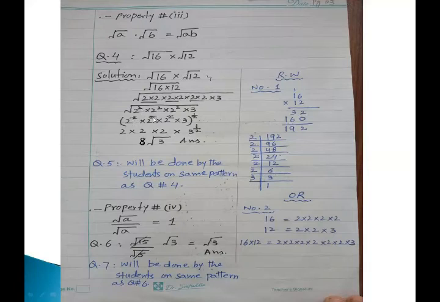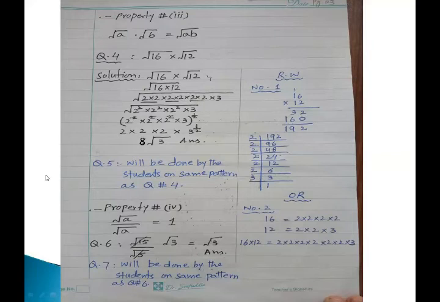So cancelling half by 2, we would get 2 multiplied by 2 multiplied by 2 multiplied by 3. And 3 would get the power of half. Power of half means under root. Okay? So there was under root, and 2 multiplied by 2 is 4, 4 times 2 is 8. Understood? I hope you are getting what I am saying.